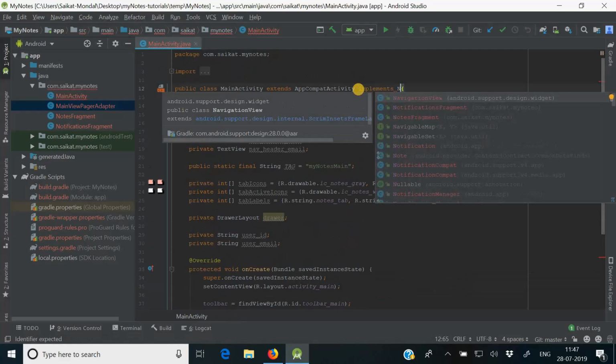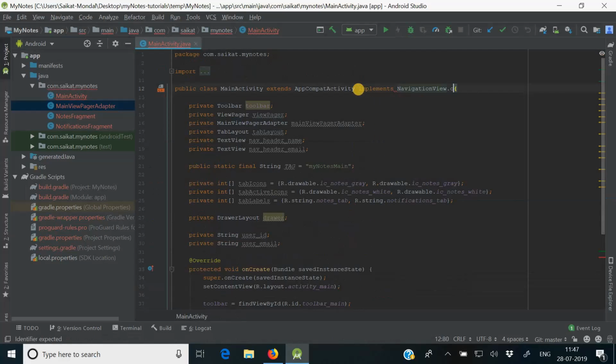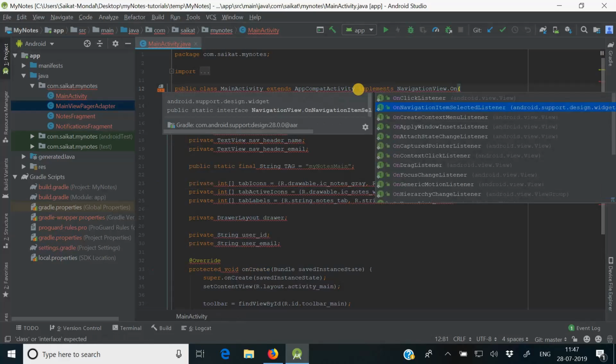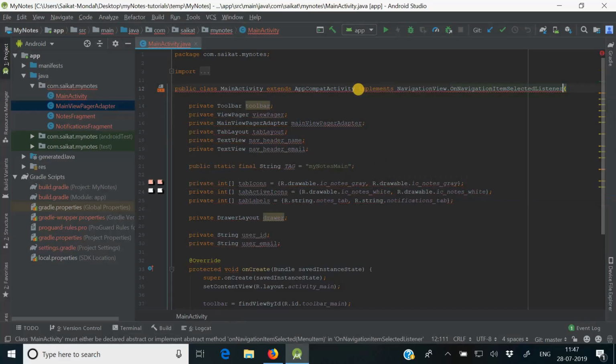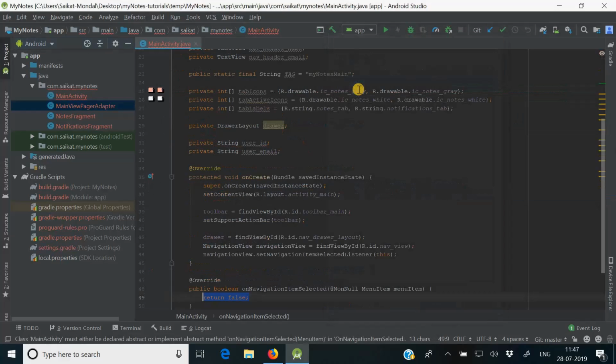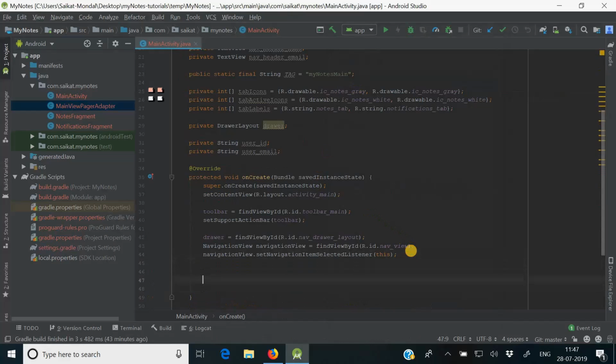Navigation view dot on navigation item selected listener, and we will create the method here. Okay, as of now it will not change this here, we'll change it later. But before that,